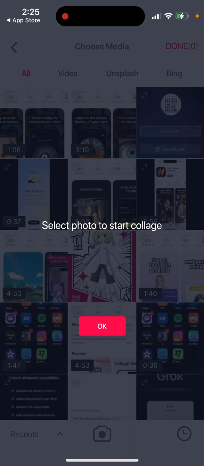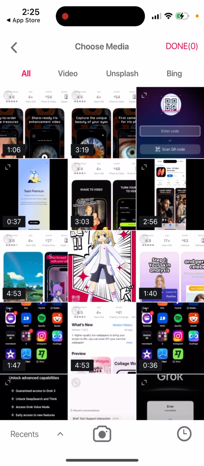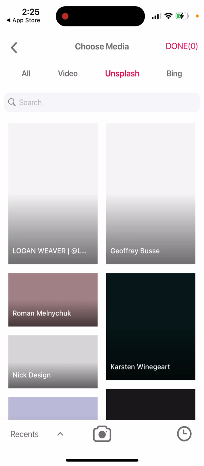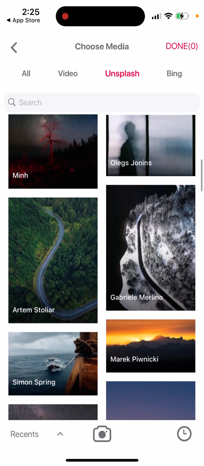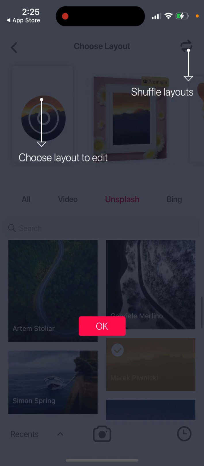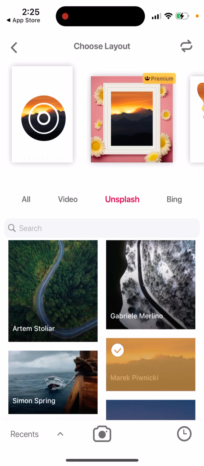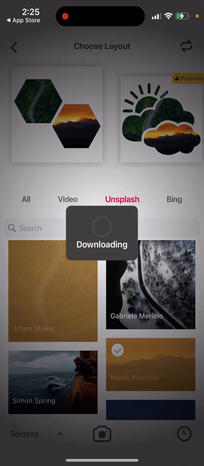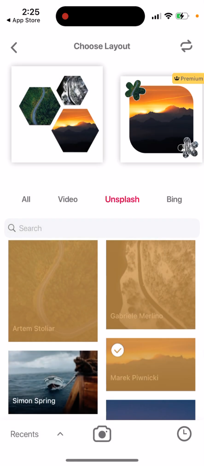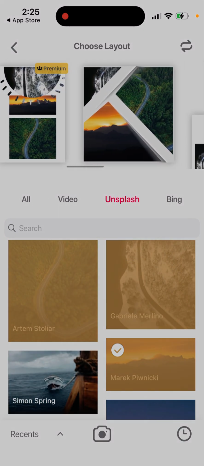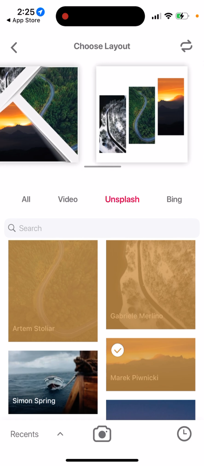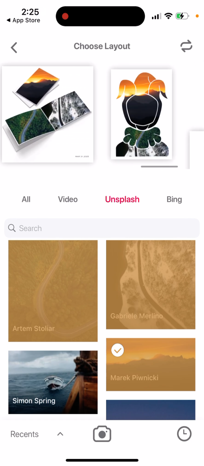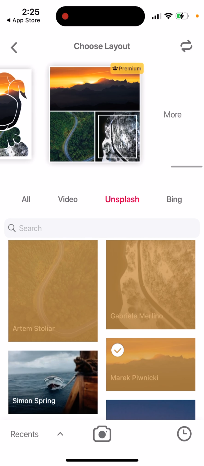And there's quick start. So you can then just, for example, select some images from here, and then you can just choose the layout. So there are different types of layouts. There are paid ones, there are free ones, there are really advanced ones. So as you can see,